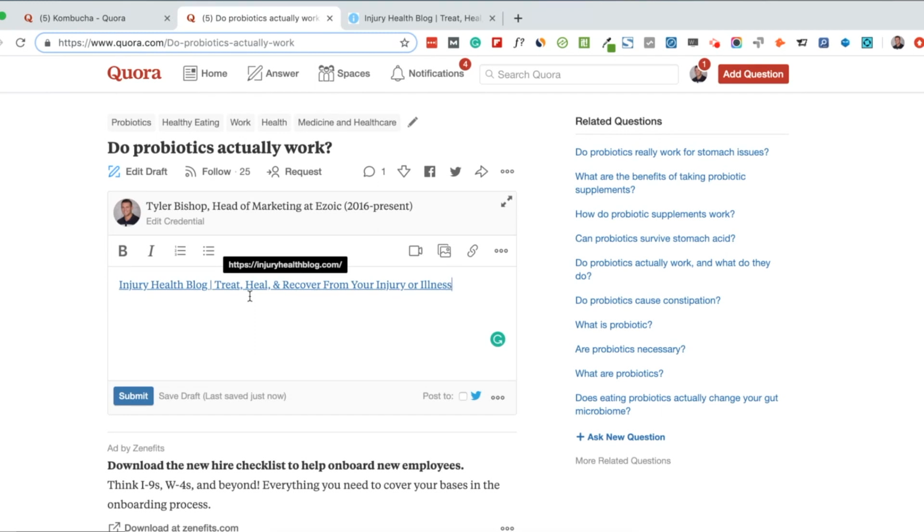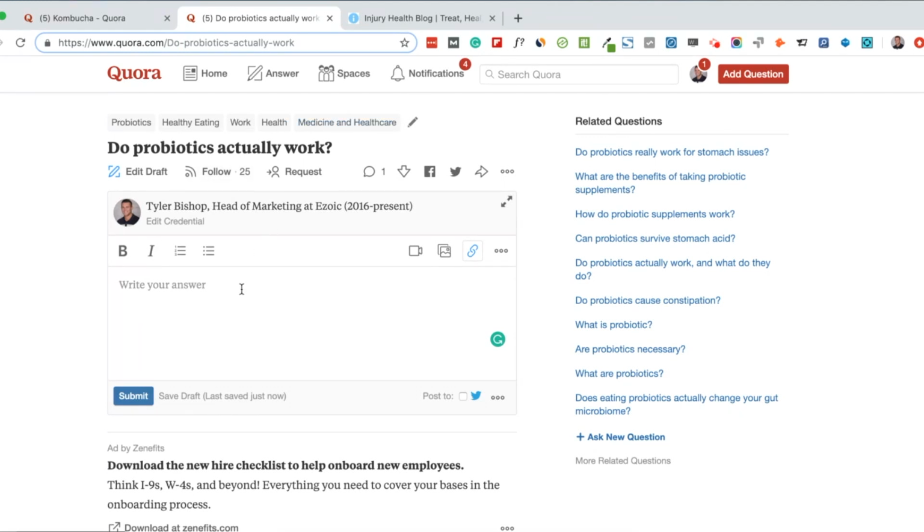Generally, what you want to be able to do to fall within policy guidelines and be able to rank at the top of answers is to provide both an answer and a link to your site so that the link to your site supplements the answer. And that both falls within policy guidelines and can help you get traffic to your site. And when done properly, you can increase the traffic to your website by thousands of visitors, in some cases per day, per week. It just really depends on your topic niche.